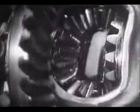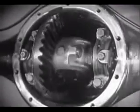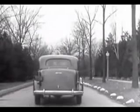The new low center drive makes the rear axle quieter, stronger, and more durable, because it gives better, smoother contact between the gears. The automobile of today, with the low center drive,